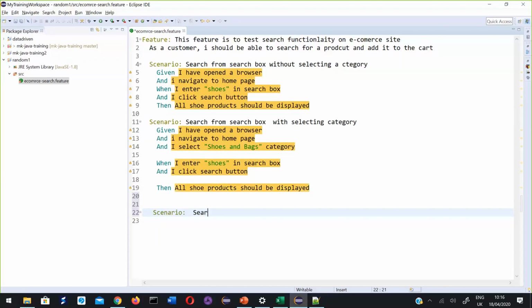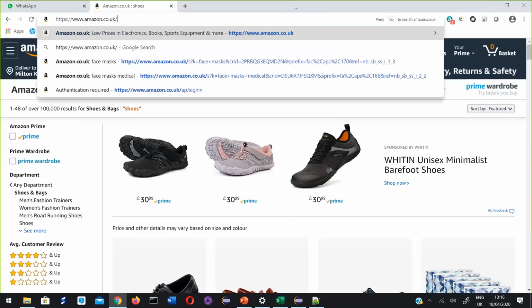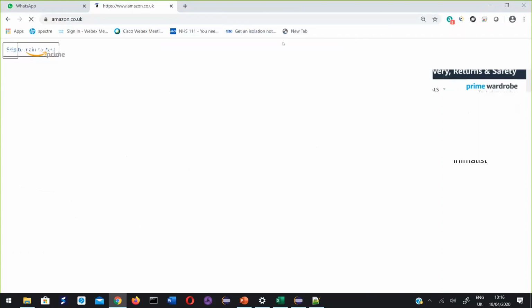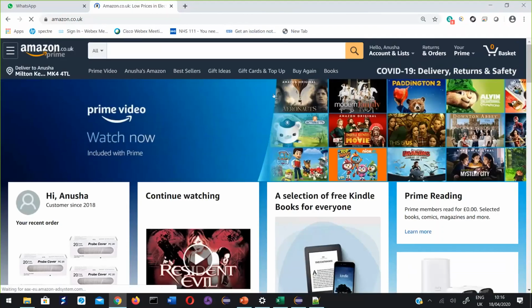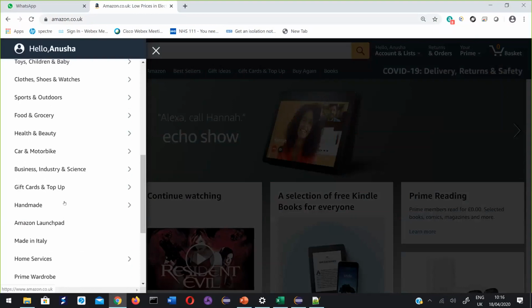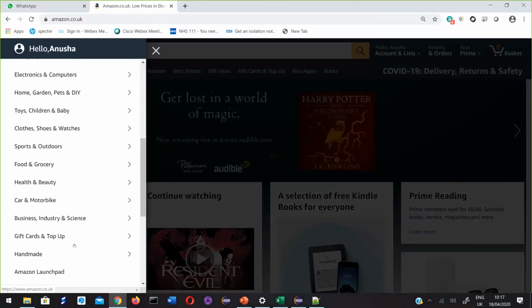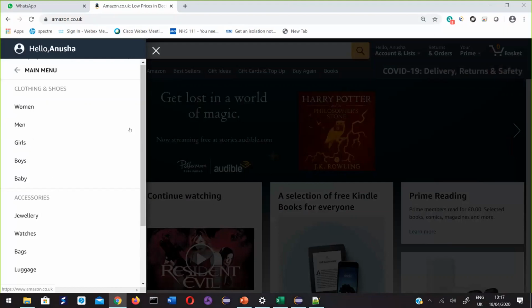Search using navigation. So this is my amazon.co.uk. Here you go here, then clothes, shoes and watches.